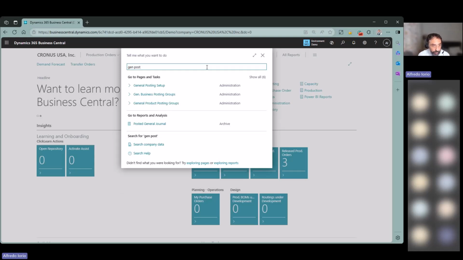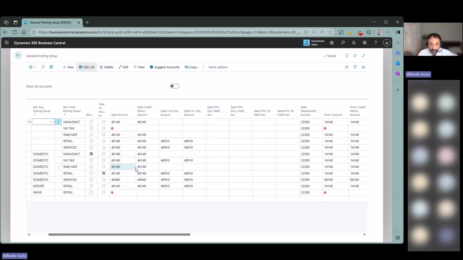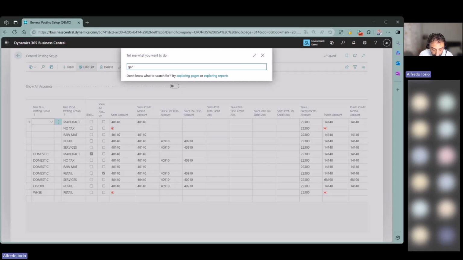So general posting setup: sales accounts, credit memo, sales discounts are quite explanatory. The sales credit memo is where the revenue and of course the credit goes. This is not about credit control, it's actually revenue accounts. Sales line discounts and sales invoice discounts are only used if on the general